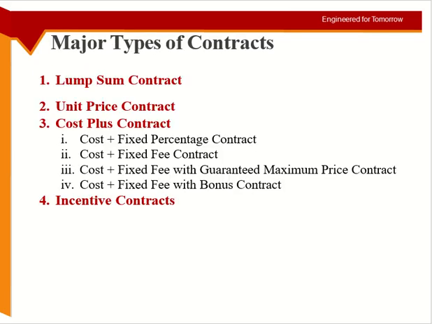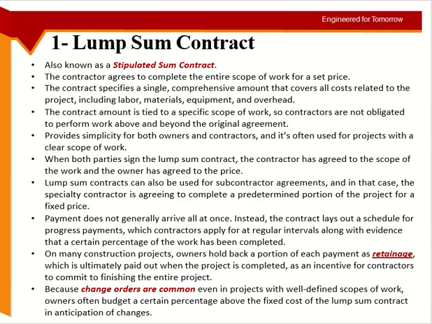These are the 4 main types of contracts. You may find other, more advanced types as well, but they are applied to specific types of projects. They are very special, very specific. So these are the types applicable to most of the common types of construction projects.